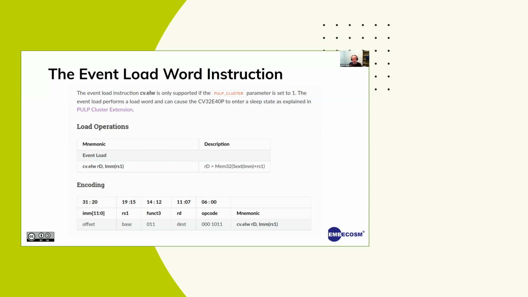So this is a standard RISC-V encoding. It's sitting in one of the custom opcode slots, so it's not trampling on any existing opcodes, and it uses the func3 field to distinguish the fact that this is ELW. And it has a 12-bit offset, just like any other load. So that's the instruction. Let's move on.